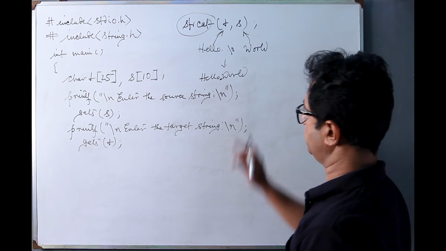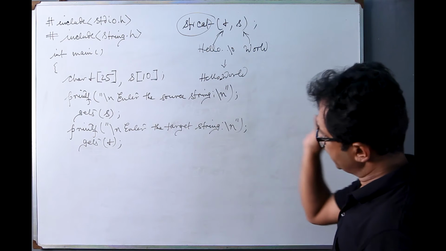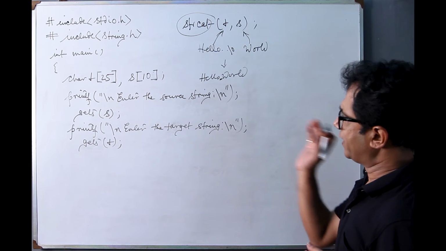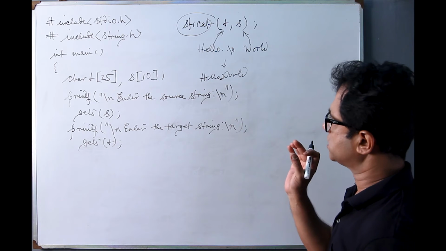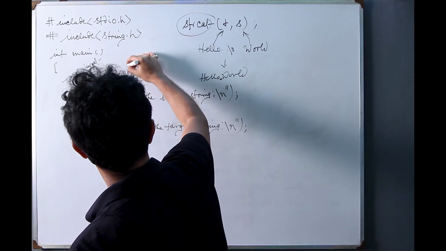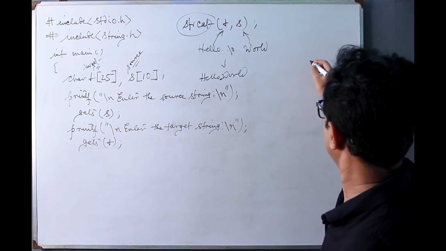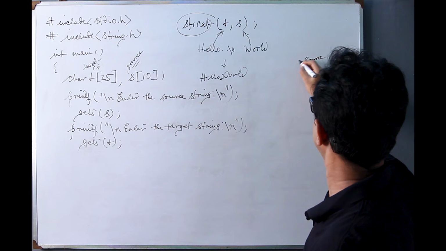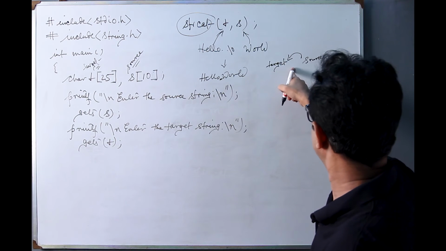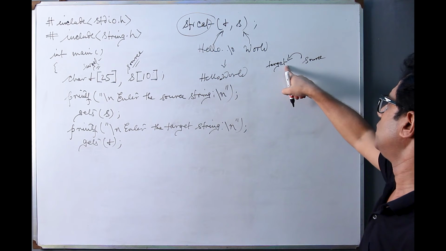Now the strcat function will be employed in order to concatenate the source string and the target string. Just for the sake of simplicity, I am naming T the target string and S the source string, so that you can understand what is the target and source. From the source, the string will go on to this target string and be joined to this target string after the target string has terminated